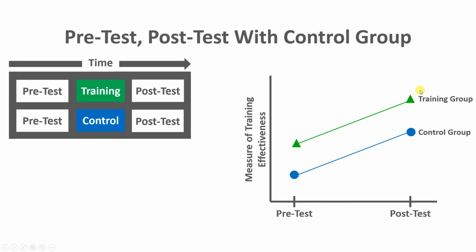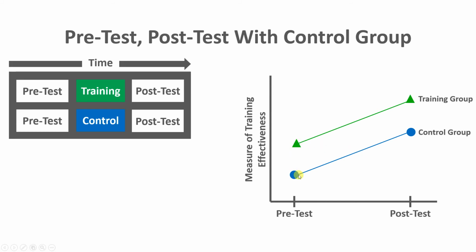As you can see here, if we were only looking at a post-test design with a control group where there was no pretest, you would maybe conclude that the training was effective, that there are differences after training. However, in this example, if we included a pretest, we find that perhaps the rates of change from pre to post test in each of these groups are approximately similar. These lines are relatively parallel to one another. What this signals to us is that probably the training didn't have much effect here, if any.